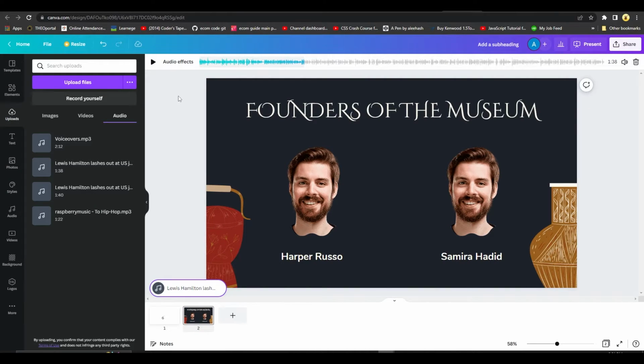And the process is the exact same for any music that you might want to add. So guys, that is how you can add in music on Canva. And also there is another way as well through which you guys can add in music on Canva, and that